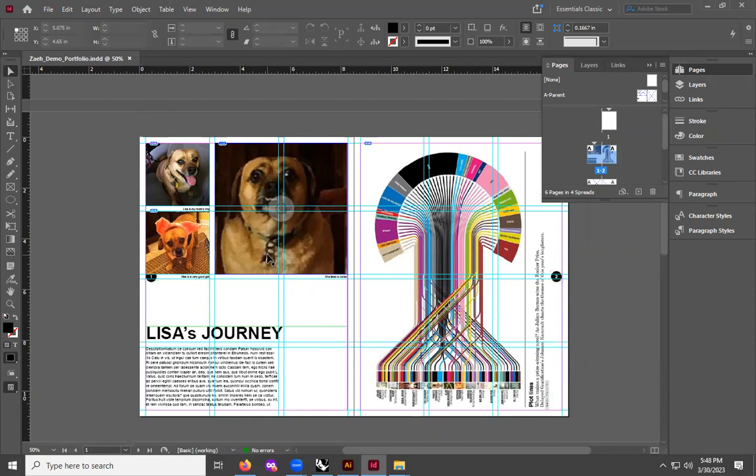Then you fill the placeholder text. Yeah, so go here and then make sure